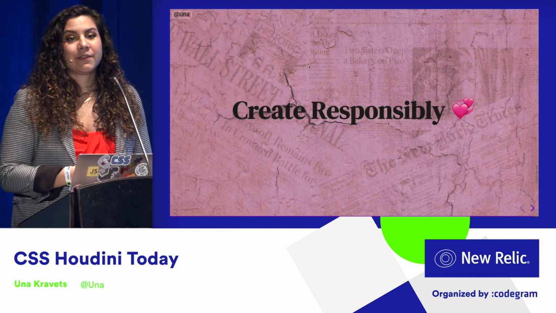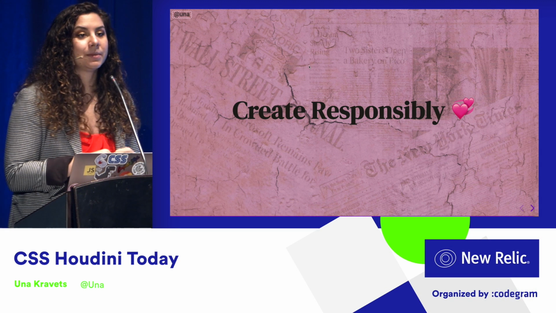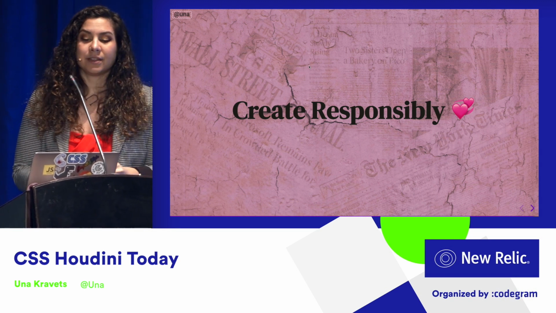So if you're going to be creative on the web, if you're going to use these technologies, create responsibly, think about all of the different users that you have, the different abilities of your users,